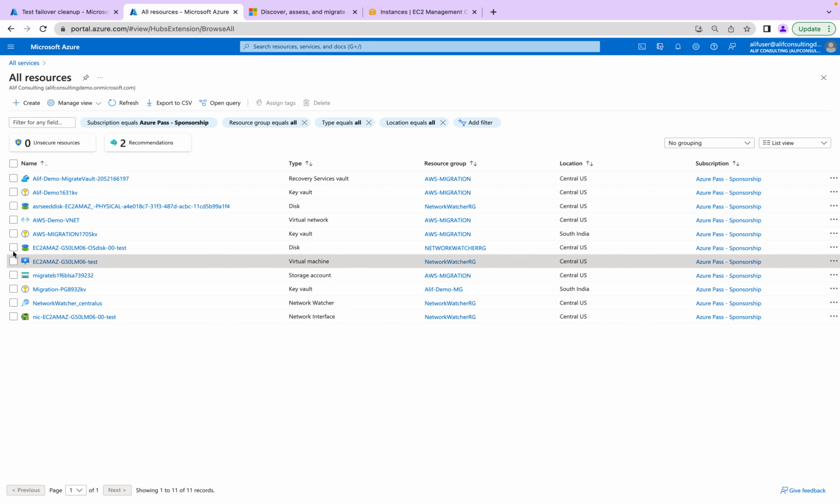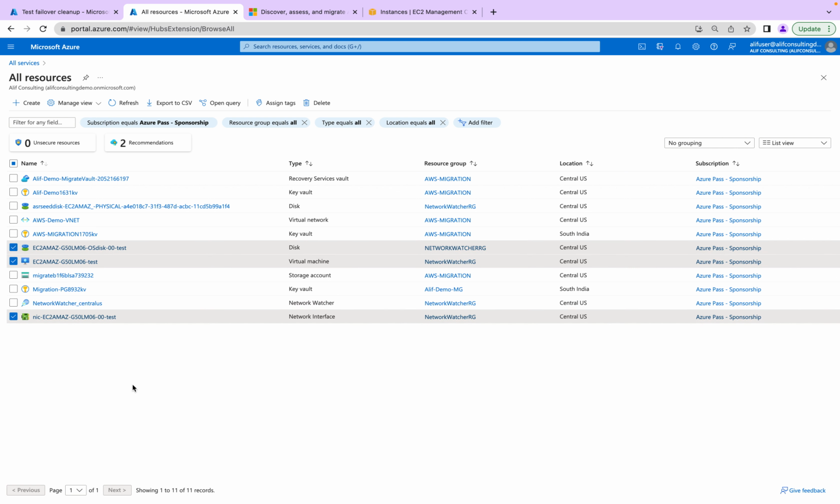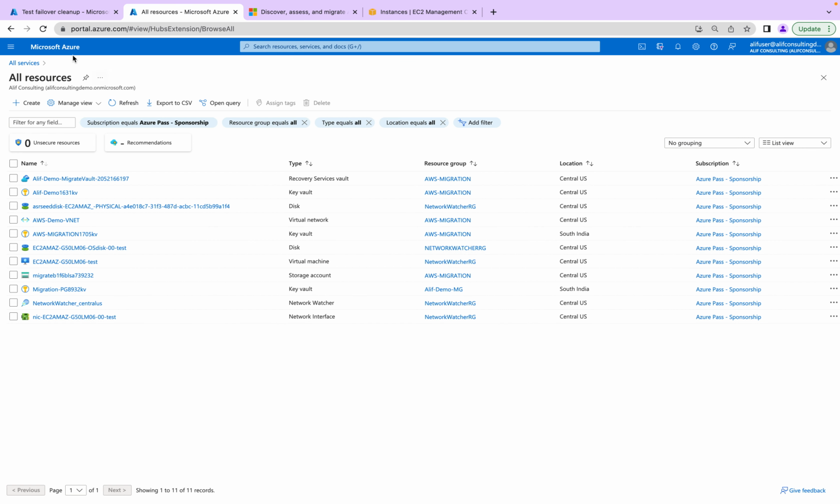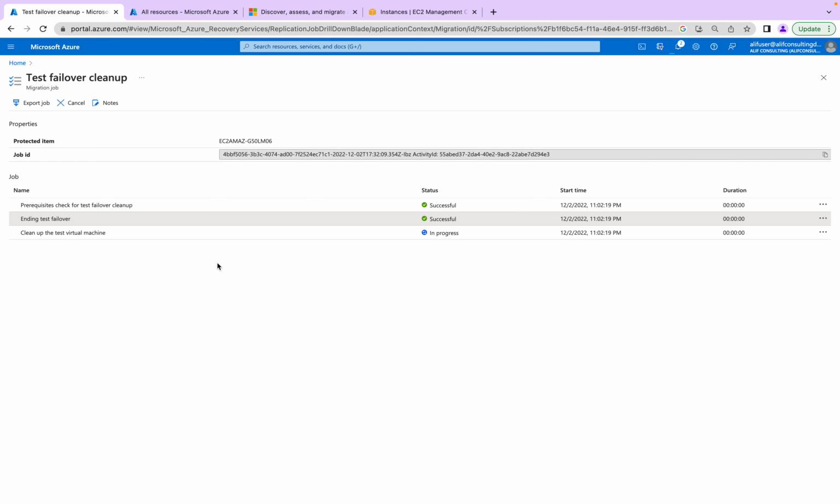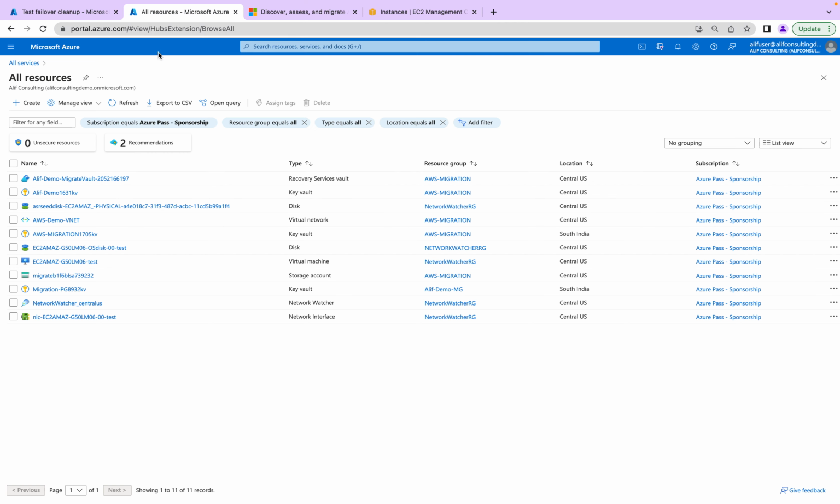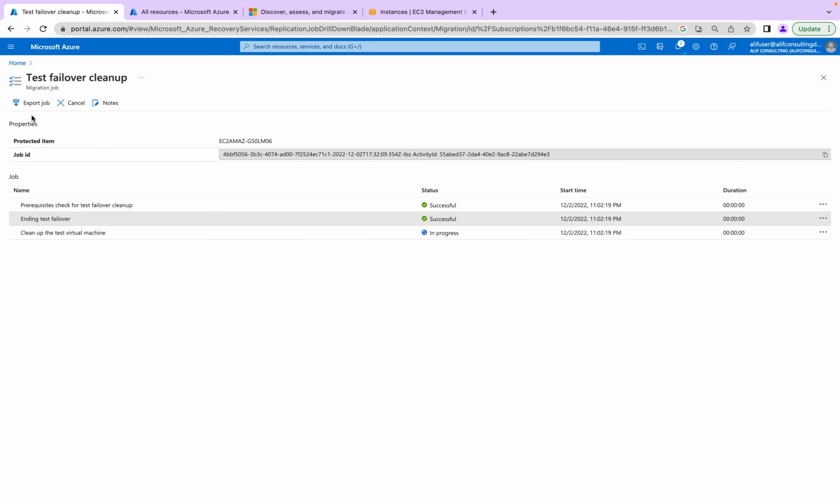Now if you come to the portal, go into All resources and refresh, you will see these three things, the VM, disk, and network interface, will be automatically removed from the portal, right? You need to give it some time, and as soon as the cleanup is completed, you will see all of these three resources are no longer available on the Azure portal, right? So let this cleanup get completed, and then we're going to do the actual failover, or the actual migration, of the VM from AWS to Azure,